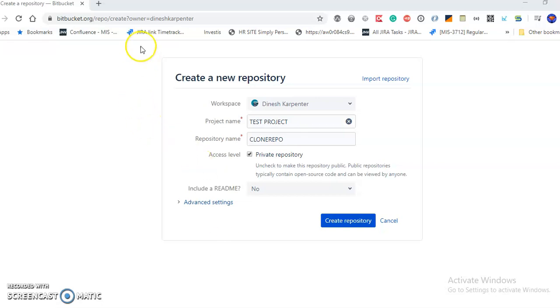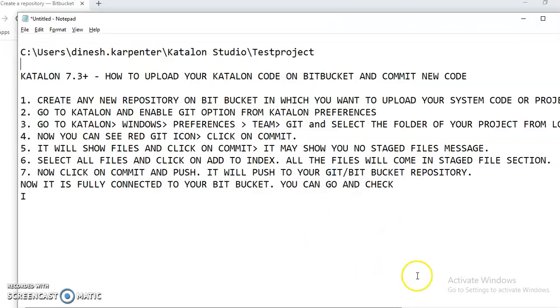Firstly, to put your code on Bitbucket, you have to create a repository there. Right now I am showing the case where I have a folder on my local system and I want to upload that local project folder to Bitbucket, so that I can push, commit or fetch the code every time. Every other member who wants to work on the project can clone that same project, and different members can work on the same project simultaneously, right?